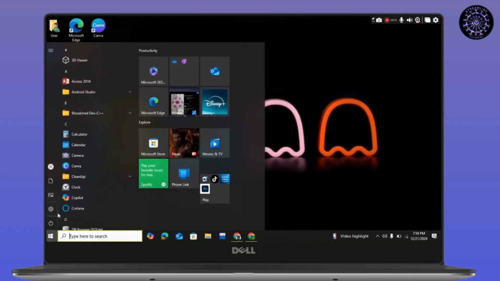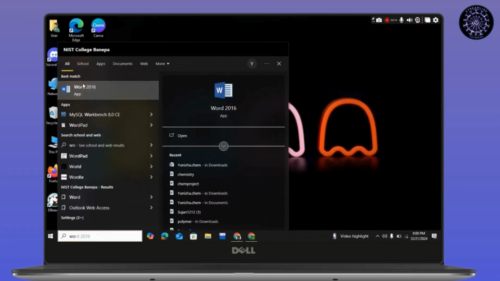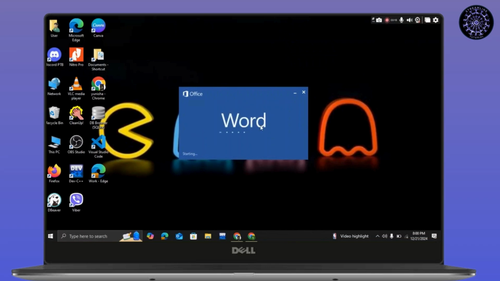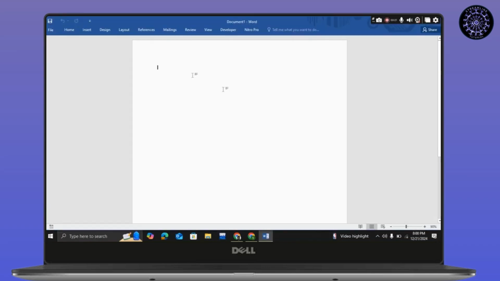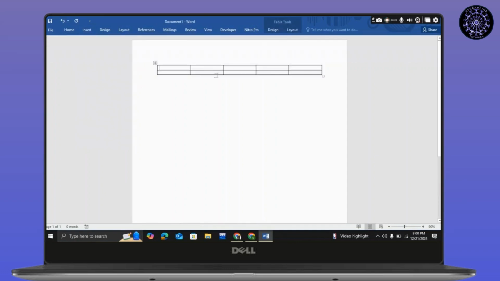So first, open your Word and then after that open a blank document. Go to insert a table, write a text the way you want, whatever you want, and in order to make it vertical, simply select the